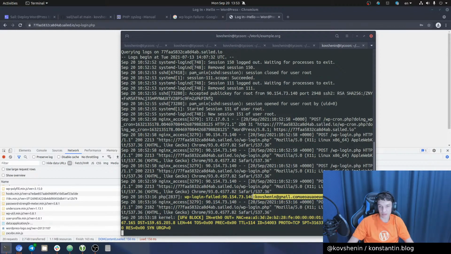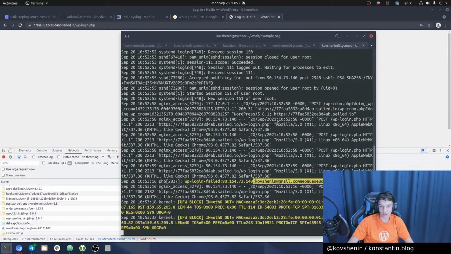Like really, there is no... It would probably be useful if you're doing something related to security, like setting up honeypots or